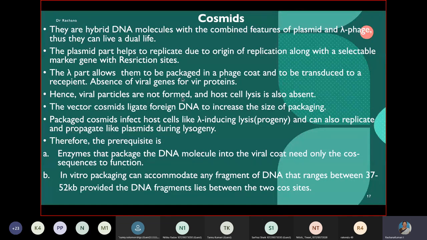What do you understand by a phage infection? When the phage invades the bacterial cell, killing the bacterial cell, when it is undergoing the lytic cycle. So the viral particles will not be formed if the Vir proteins are removed. And why are they not formed? As it is unable to induce the lytic pathway.